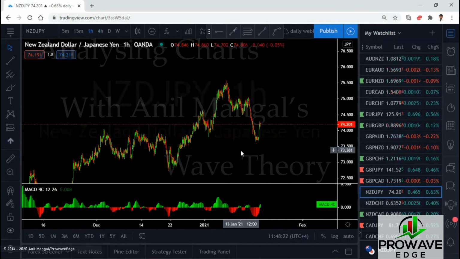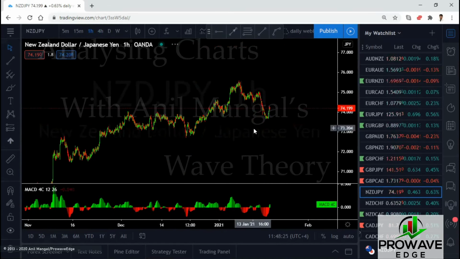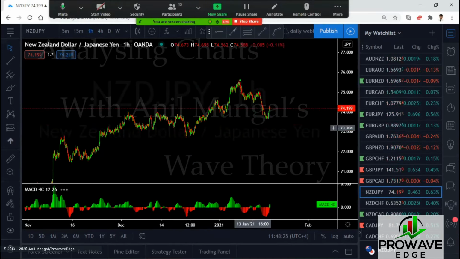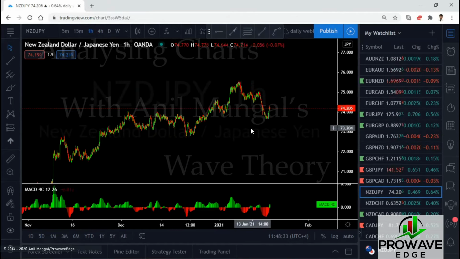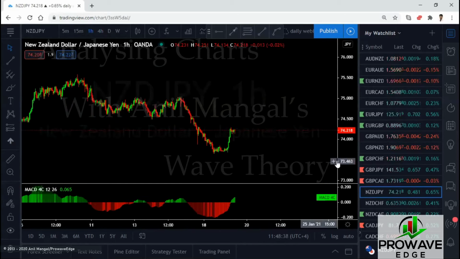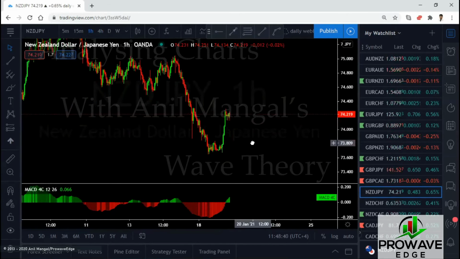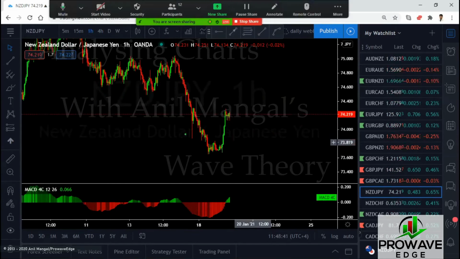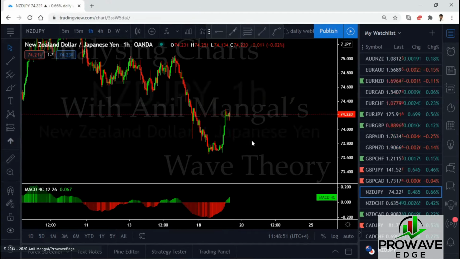New Zealand yen. It's going back up. So let's see if that is all the correction, or if we're going to have more than that. We can go for buy setups here. It's a yen, and if yen is going up, this one looks upside. So if we get a buy setup there, we can go for the trade. It's possible that this here is a running flat, and they're going to come back down. We don't have a sell until it breaks here or until we get a flag here. So for now, it's looking like they're making consolidation here for upside. We'll look for the buy setup.